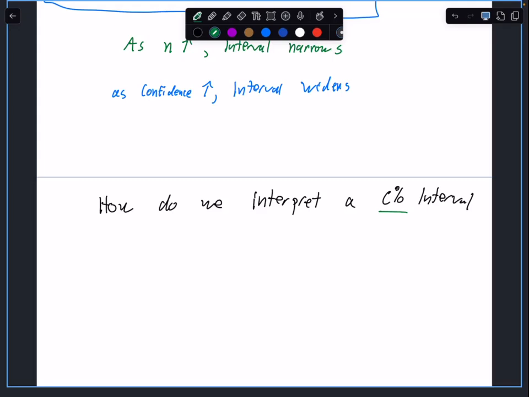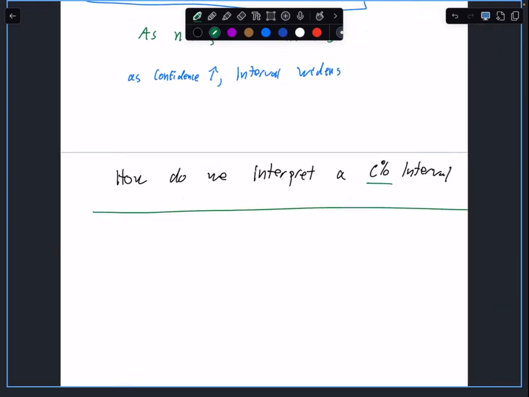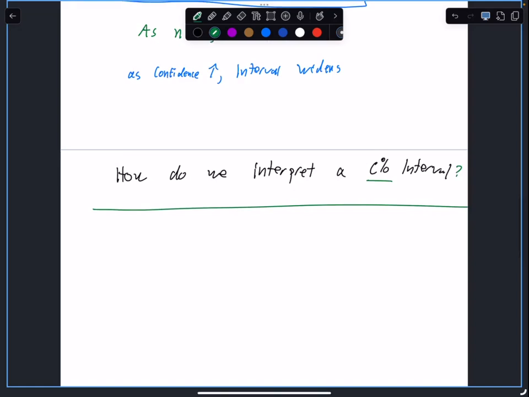In a 95% interval, it is a statement, and the blanket statement is always the same. We are blank, which is C%, which is the 95%, confident